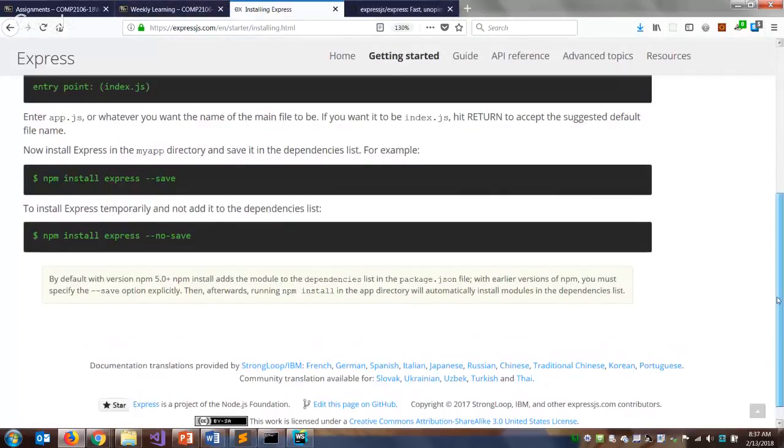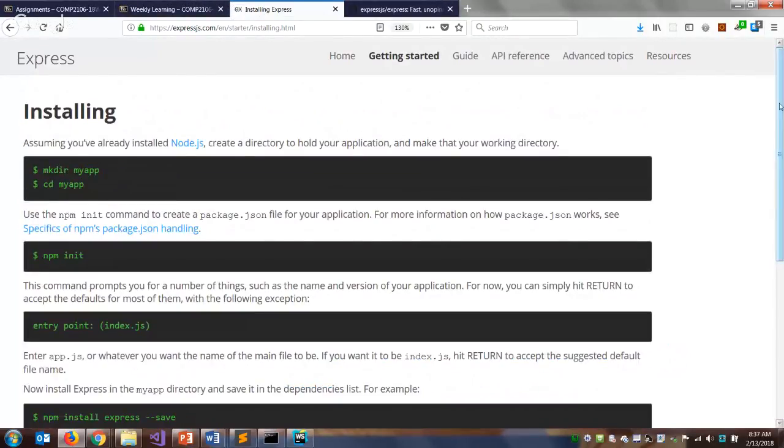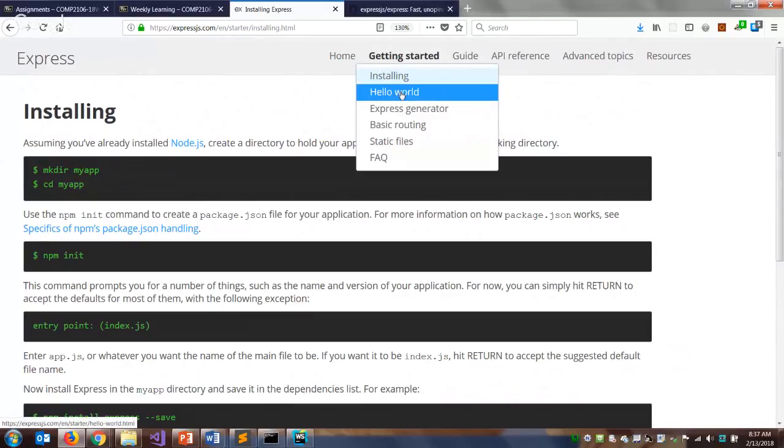Okay, so we're installed now. Everybody okay? Everybody have it installed? Any problems? Jaspreet, good? All right, great. Okay, so now let's try their hello world